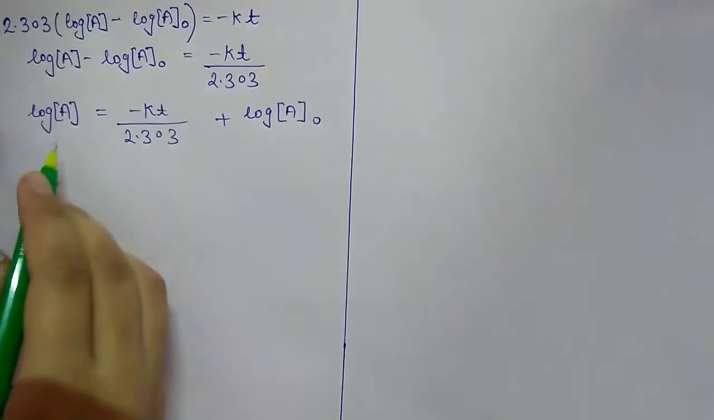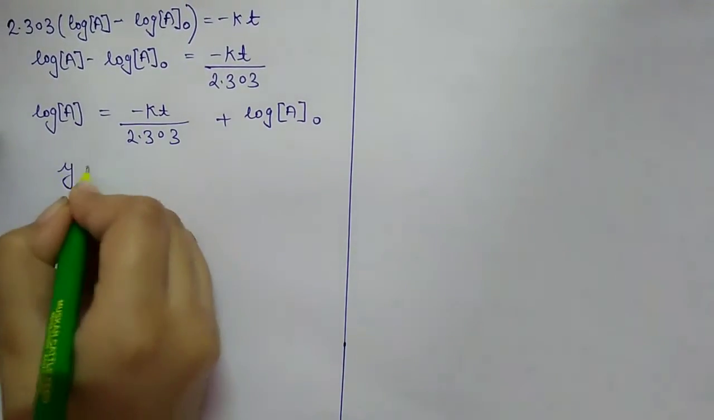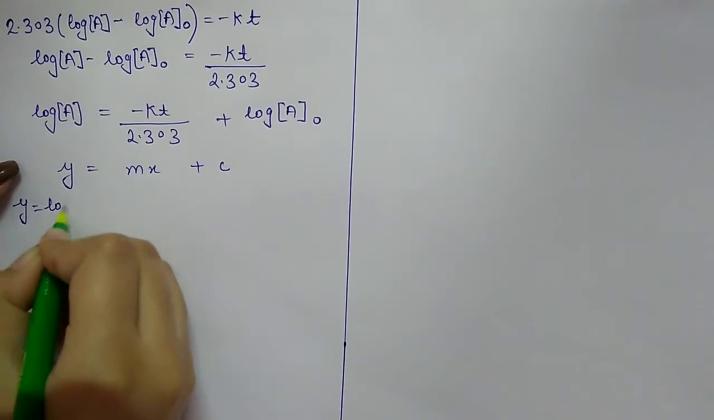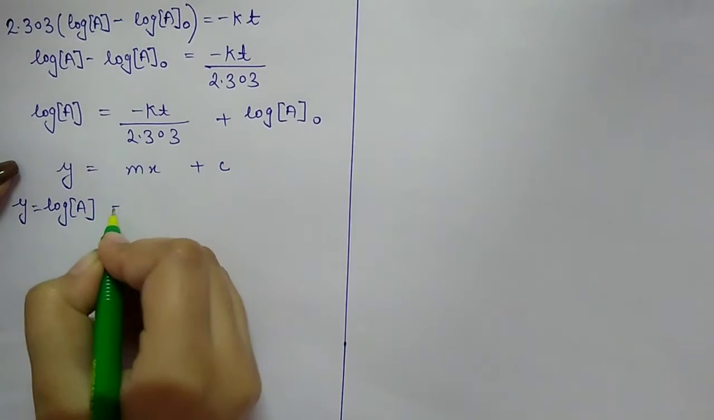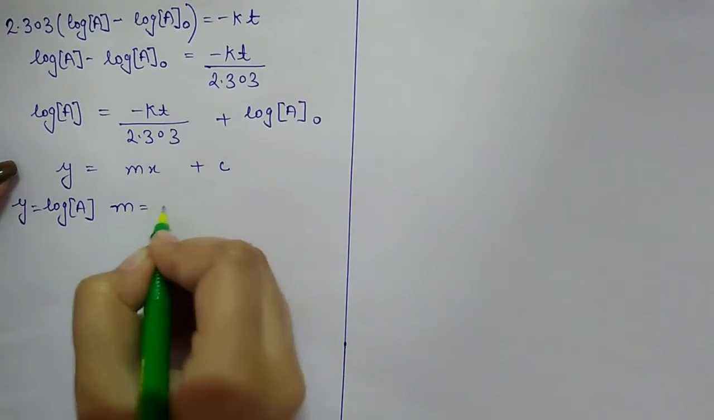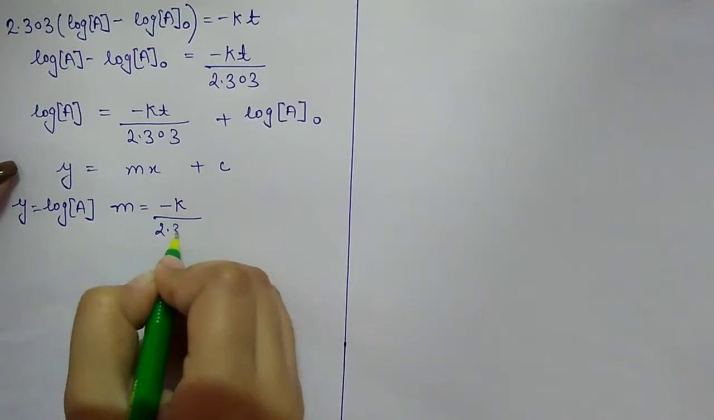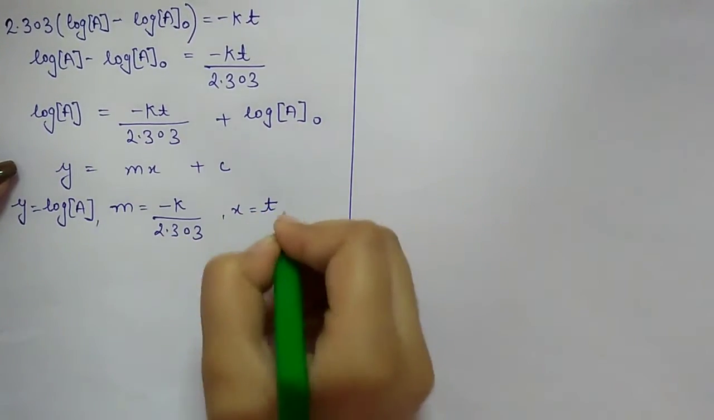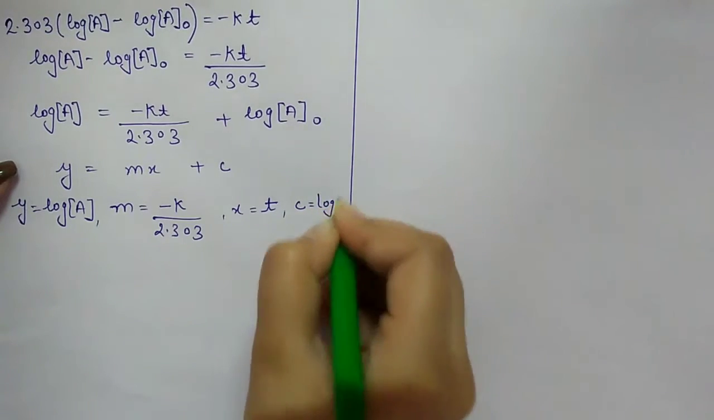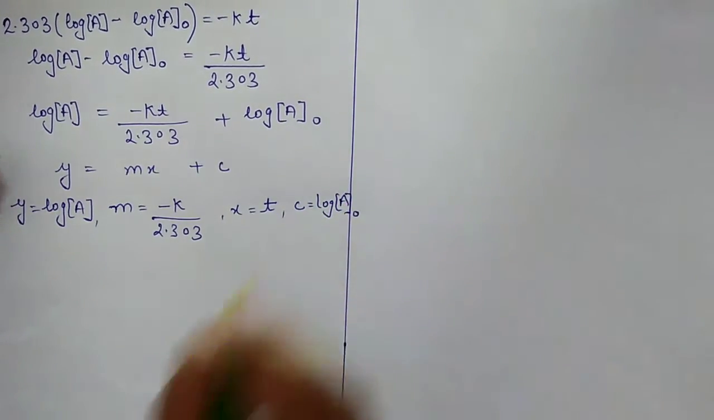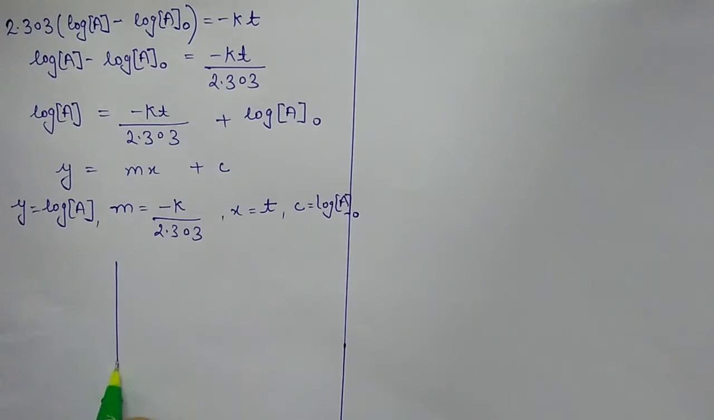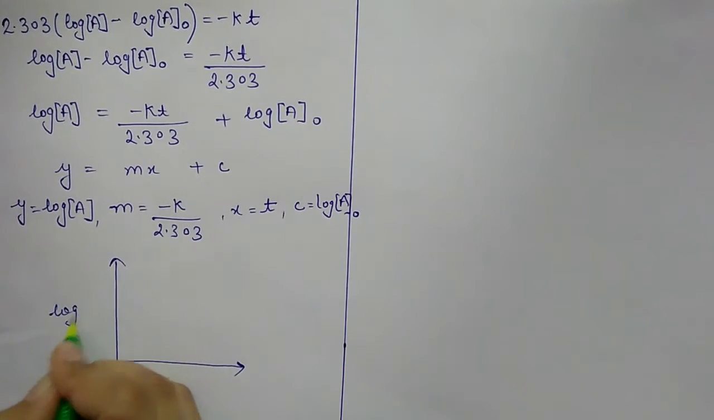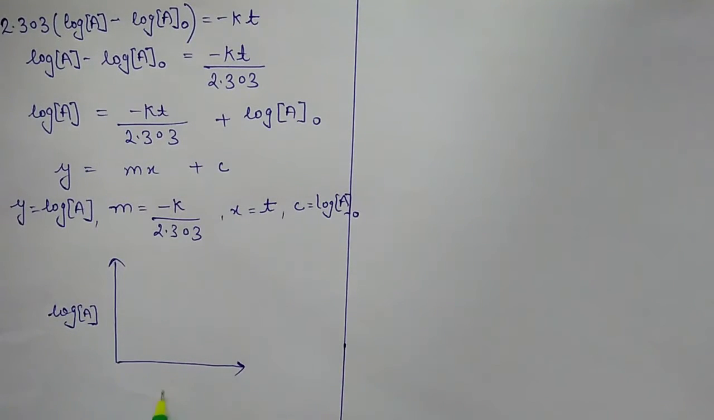Okay. Now comparing this equation with the equation of line, that is y is equal to mx plus c. Y is log A, m which is minus k by 2.303, x is equal to t, and c which is the intercept is equal to log A naught. Now plotting the graph, we will get log A and t,